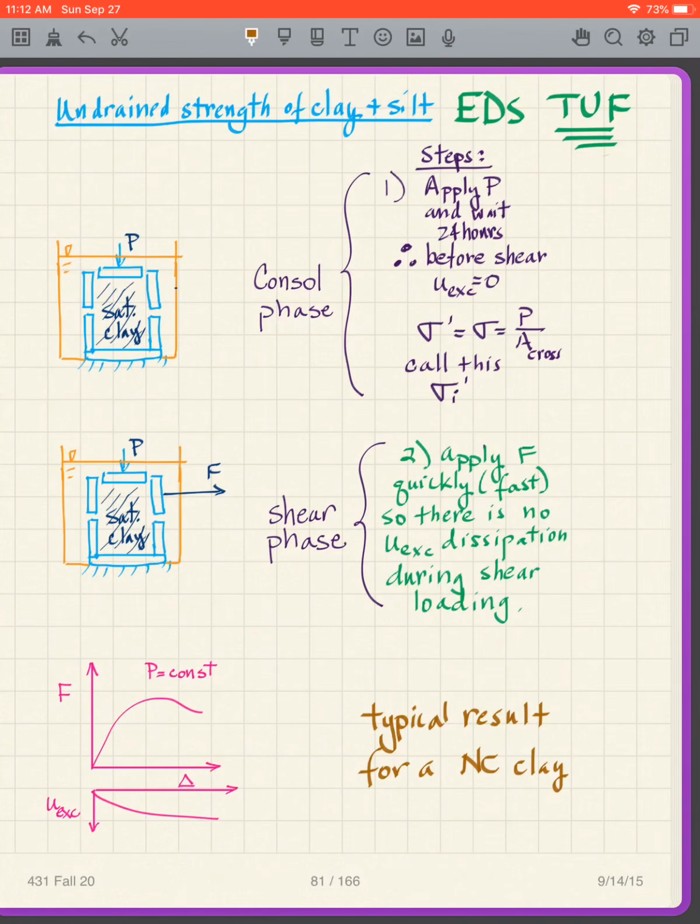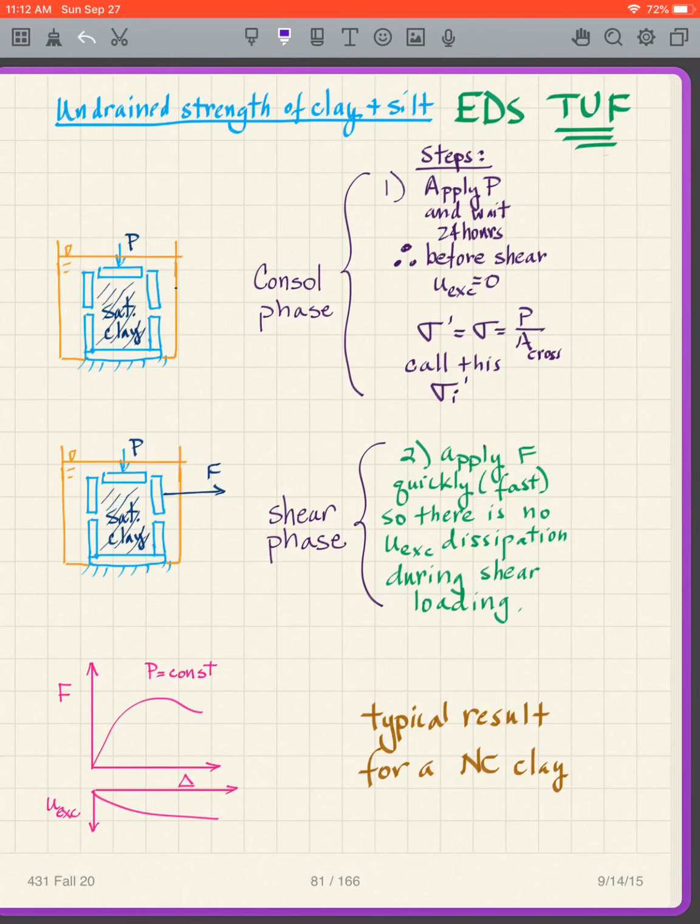Okay, we want to look at the undrained strength of clay and silt in more detail here. So remember, we have our EDS tough, and what are we talking about? Well, this was effective drain slow. That's not what we're on. We are on undrained, so we're on total undrained fast. Now, the test